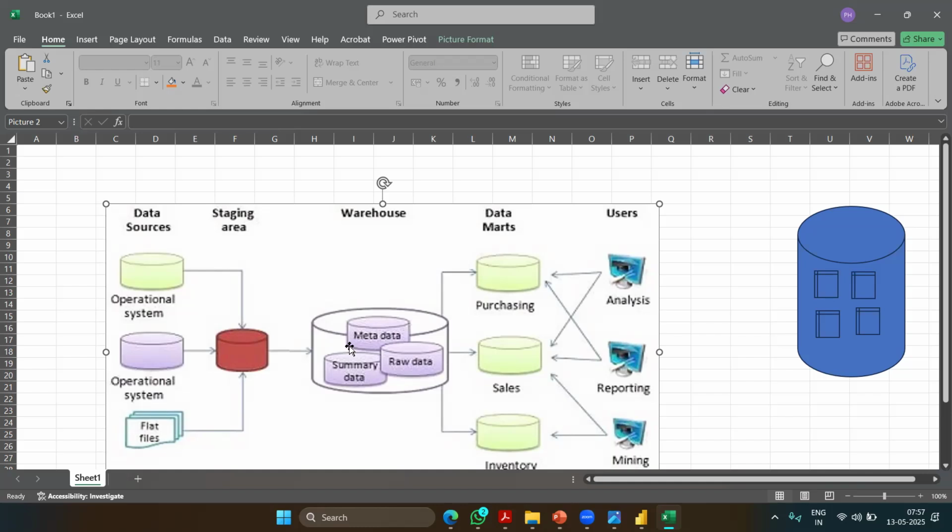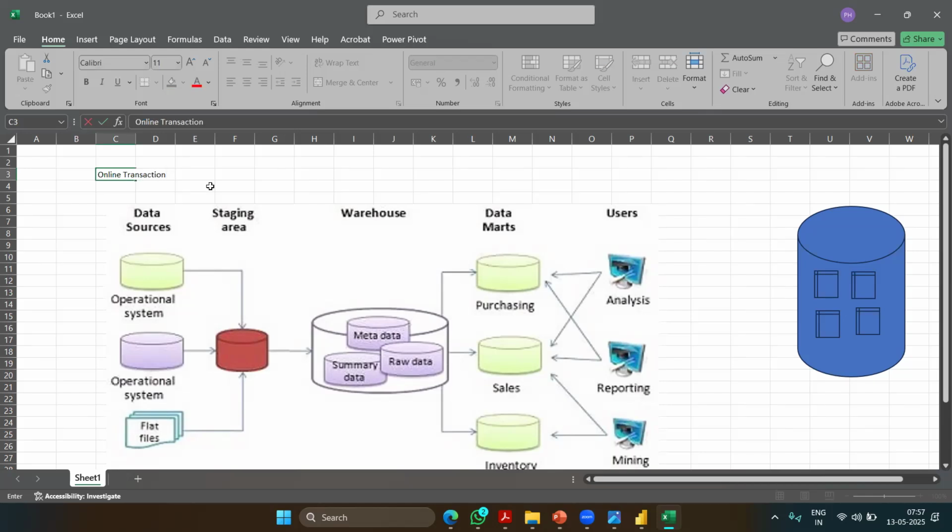Metadata means information about what kind of information you are storing. So that if someone wants to know, hey, what kind of metrics you are storing, we can easily refer to that metadata, right? Now the extreme left side, we are calling it as online transactional processing systems, right? We also call it OLTP,